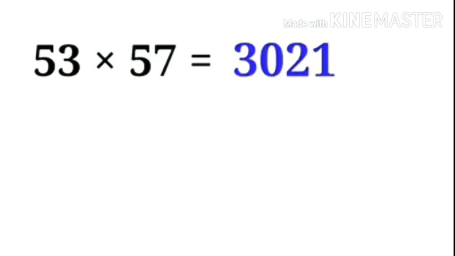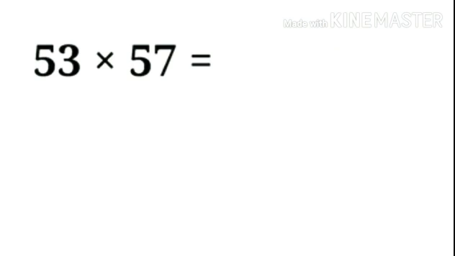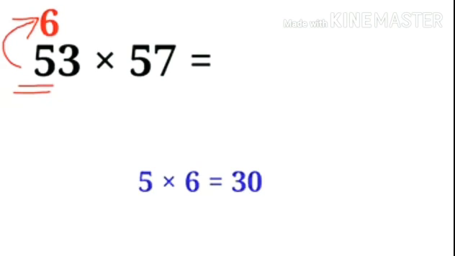Okay, so let me show you this easy calculation trick in the right way. In our case, we have to multiply 53 with 57. All you need to do is multiply 5 with the number that comes after it. What comes after 5 in counting? 6, isn't it? So 5 times 6 is 30, and you have the first two digits of your answer.